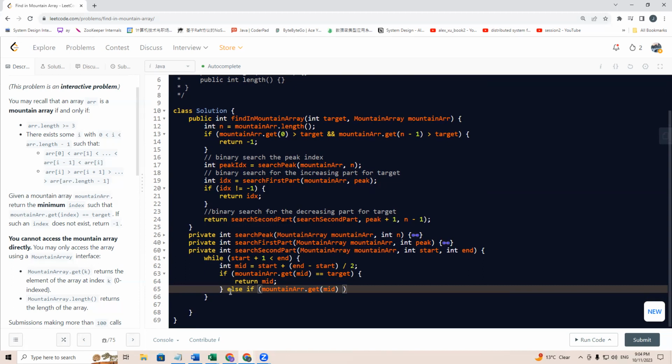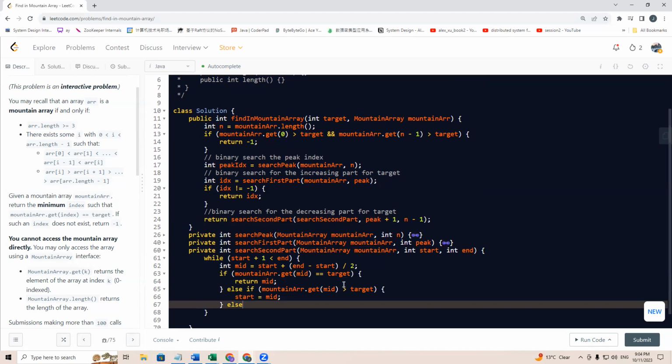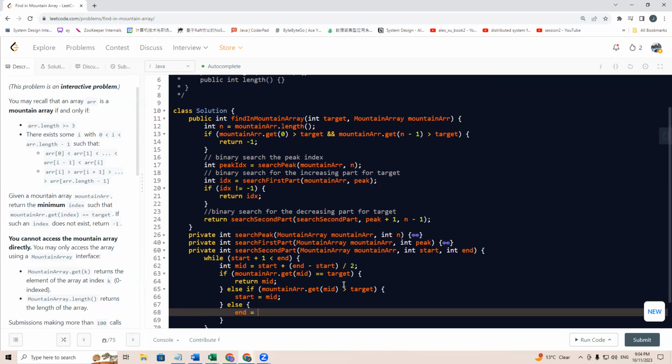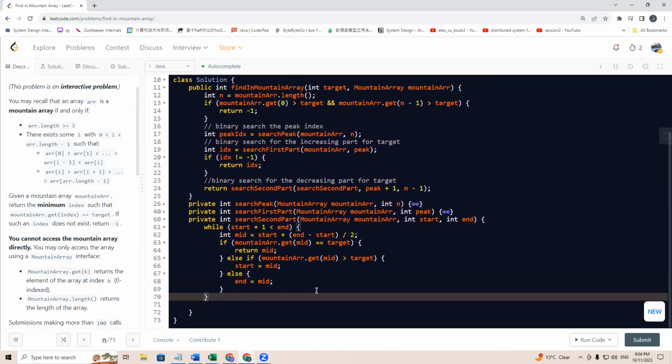If this one is greater than target, that means we need to search on the right part. So I have start equals mid, else end equals to mid, right? Because we are trying to find the first. So I say if